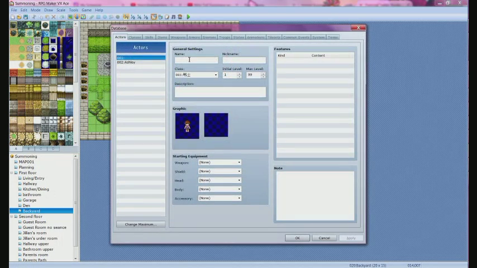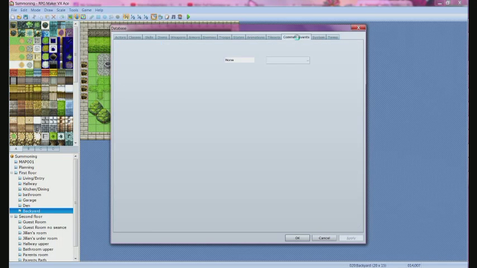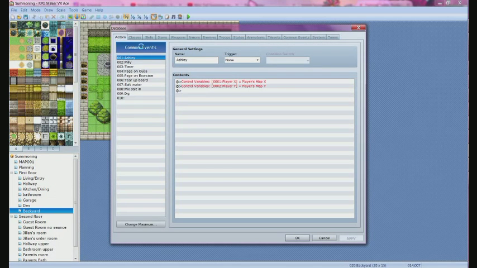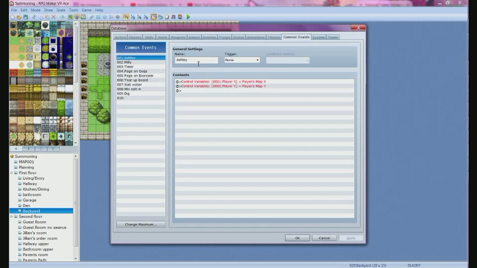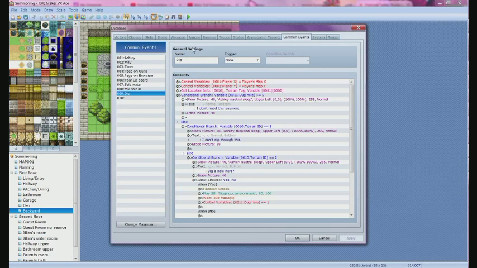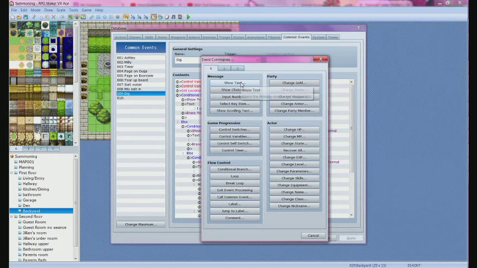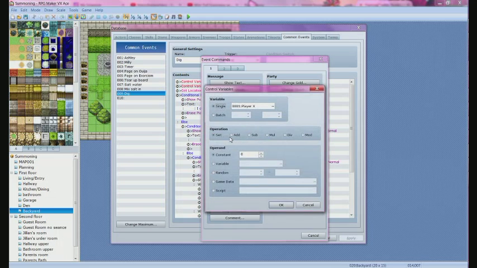First things first, we've got to make our common event. Common events. Anyhow, I named my common event dig. First job, we got to set up our control variable for player X and Y for the map. So I'm going to just go enter and show y'all where it is. Control variables in the first page,